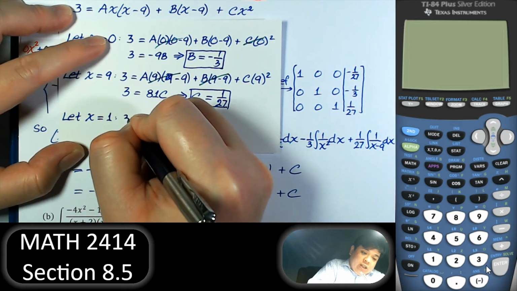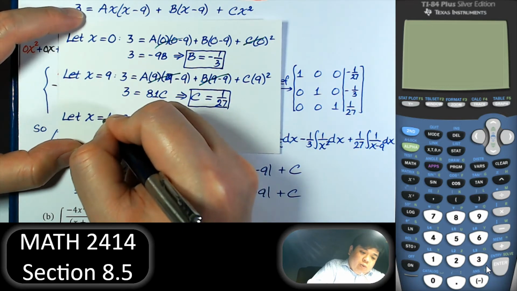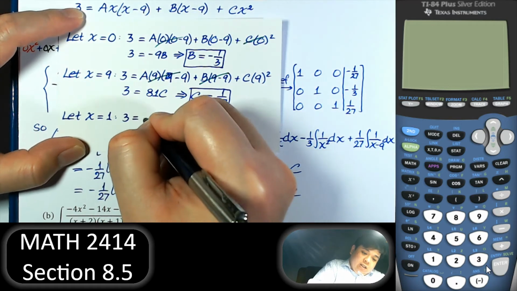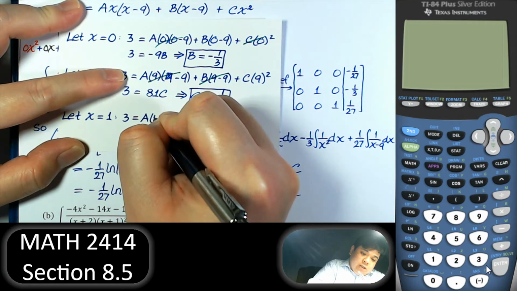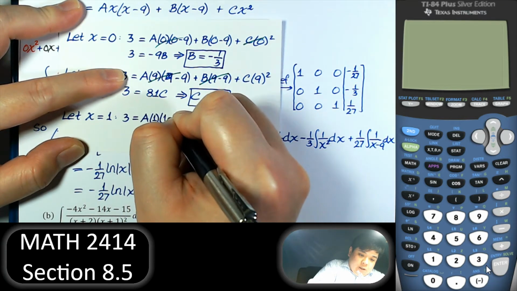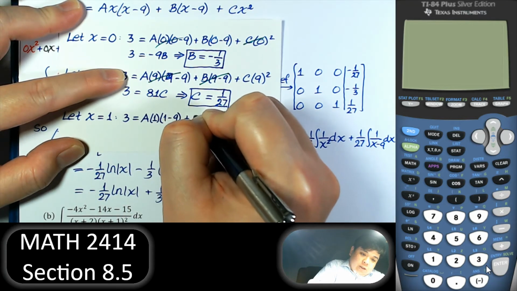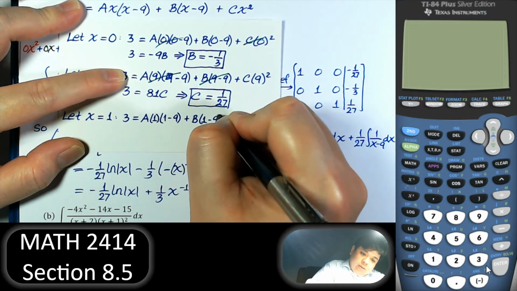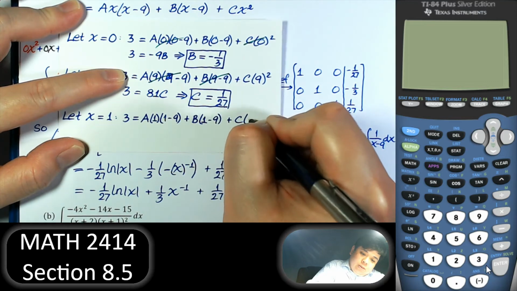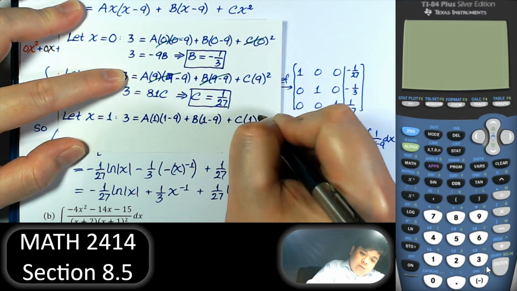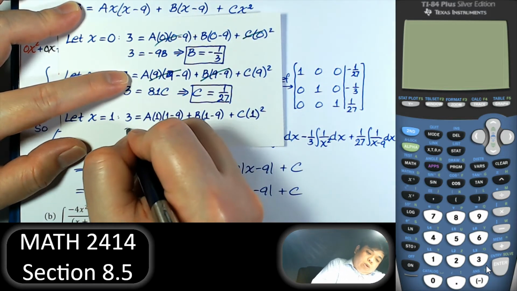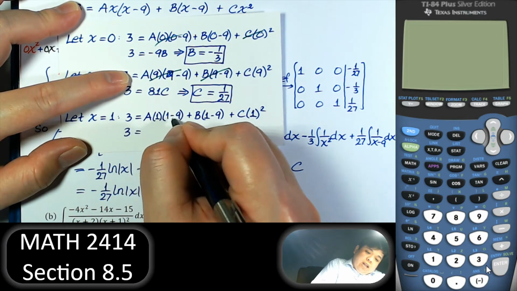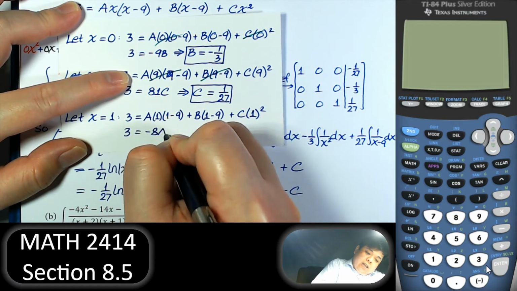Now put 1 in for x. Right, so we have 3 equal to, that is negative 8a